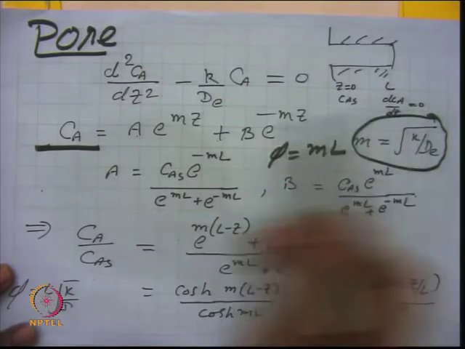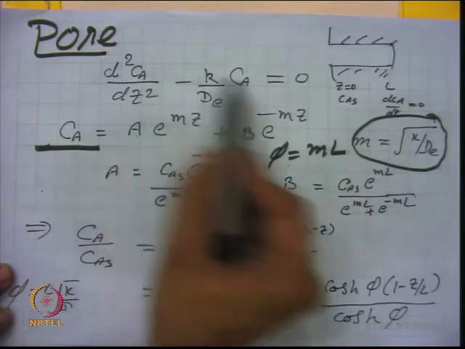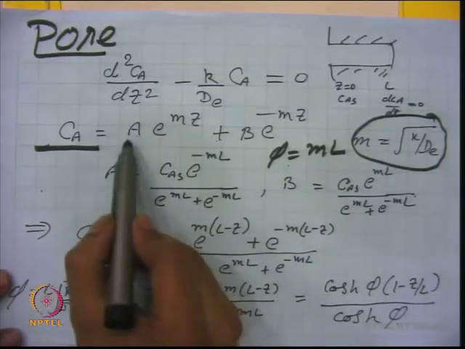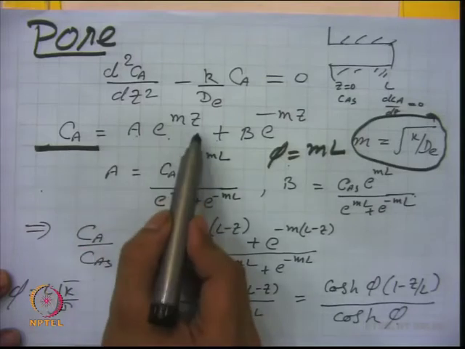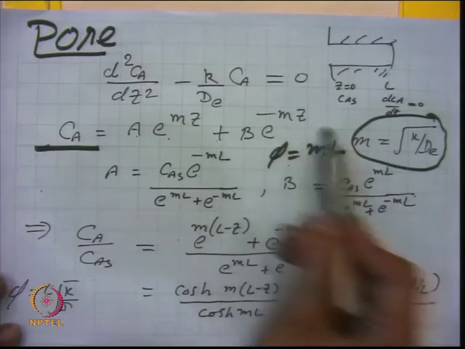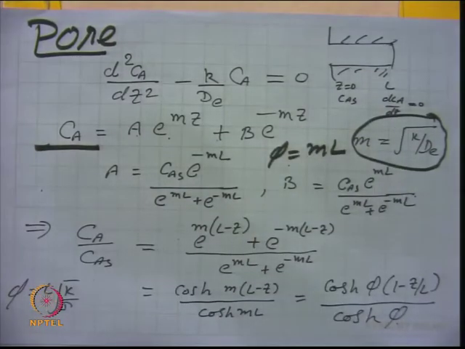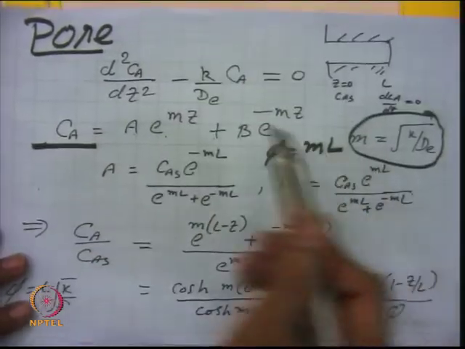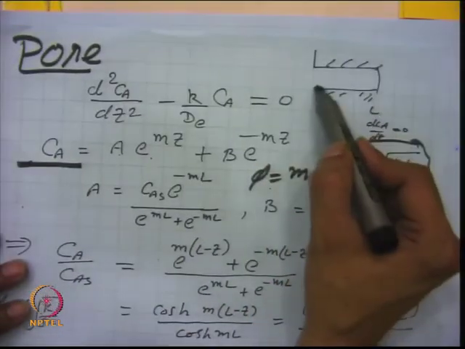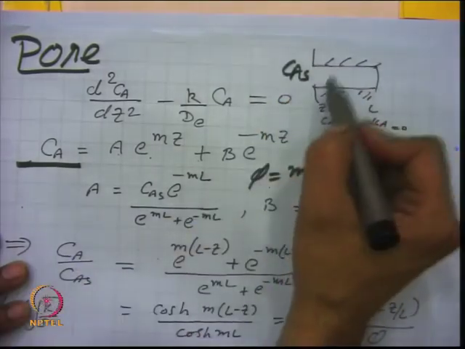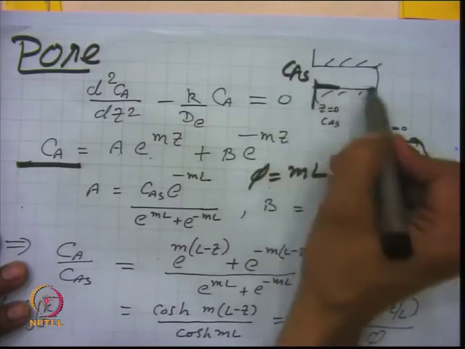And the solution of this equation now, because I told you that it is a very standard format, either you write in this form or you can write here a cosh(phi z by L) plus b sinh(phi z by L), which is shown here in this form, right. So, solution based on boundary condition, because at z is equal to 0, C A is equal to C A S at the pore mouth. So, here the concentration is known at z is equal to 0, right.